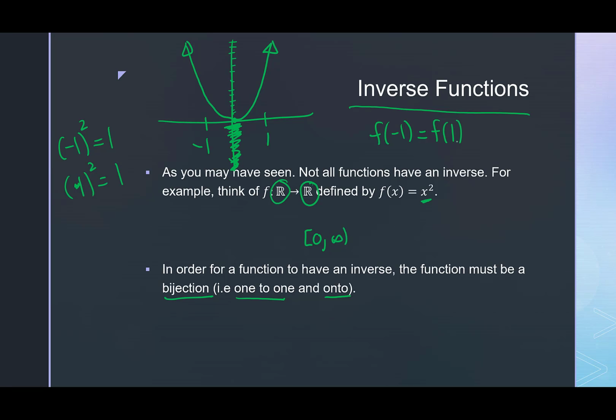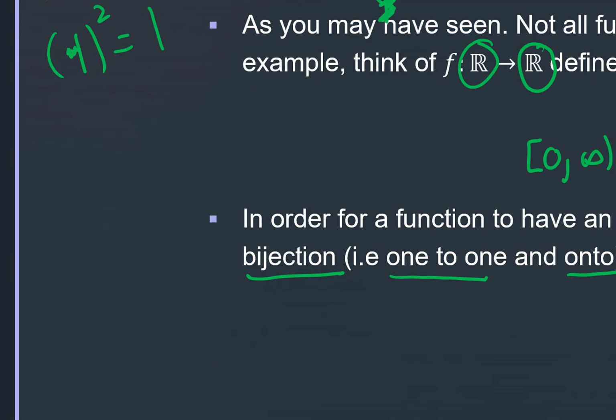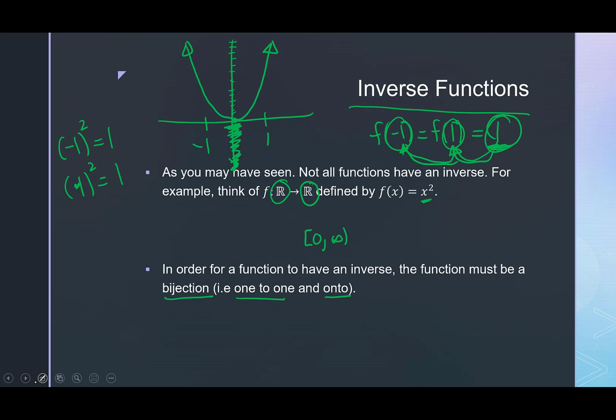Now the issue with that is, well, if you think about inverses, what would inverses do? They would try to take the output and send it back to the input, right? But this would be bad. For functions, remember, functions can only take one thing and send it to one thing as well, right? It can only take an input and send it to one output. So if you try to define the inverse function, it would break down because 1 in this case would be sent to both 1 and negative 1, and it would break the rules of functions. So what we have to do is chop off some of our parabola, so we're going to restrict our domain to 0 to infinity.